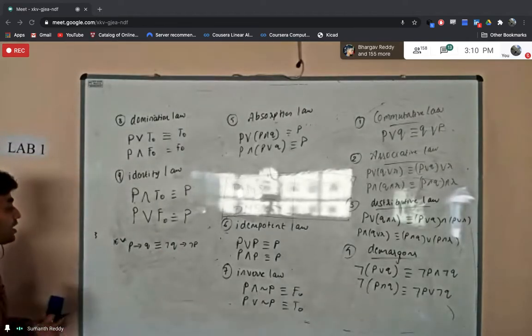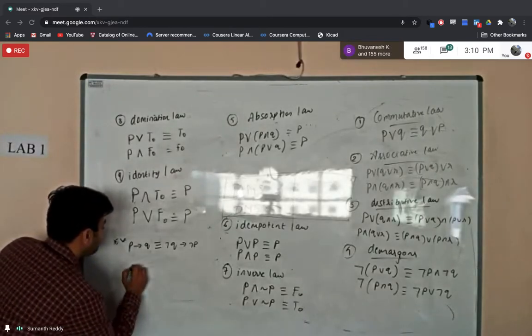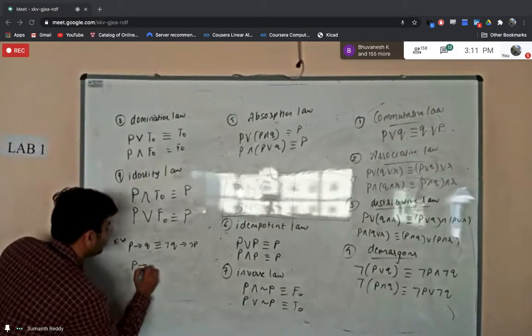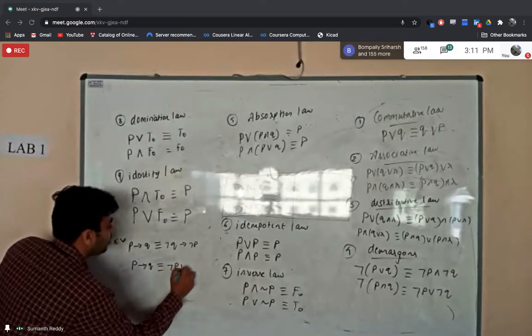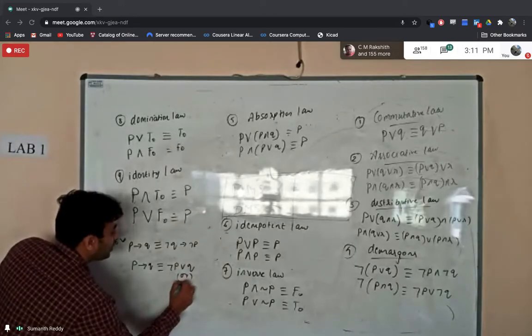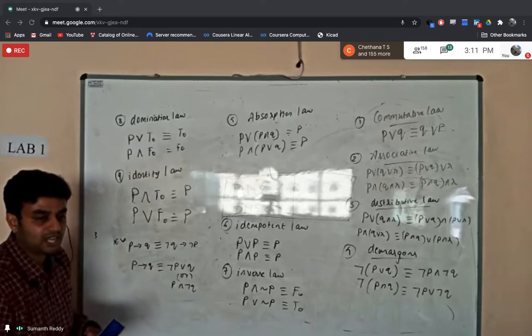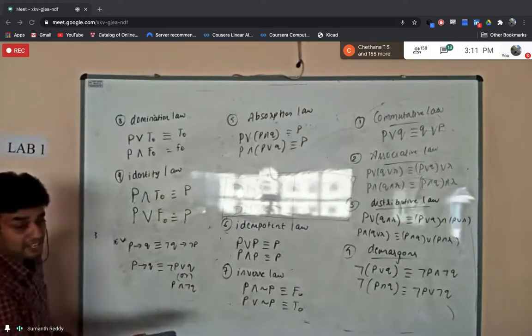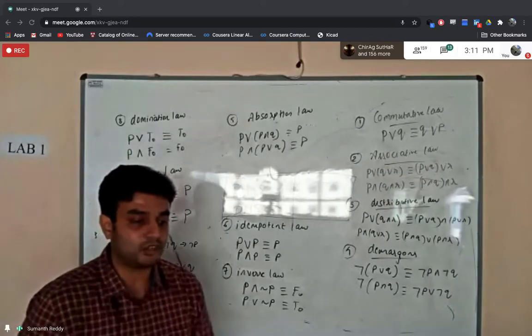Fine. And along with that, one more important formula is there. This also you have to remember. Whenever I have P implies Q, I can also write the same thing as negation of P or Q. Or I have one more formula, P and negation of Q. So it's your wish, you can use any formula. See, this one you have to remember. If you have any doubts in this, as I have told you, you can write the truth table and check.